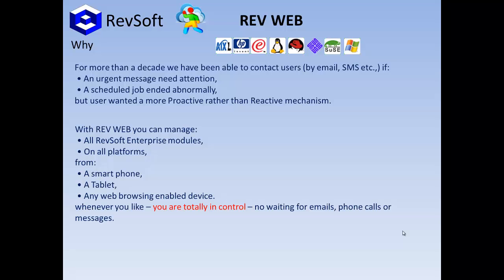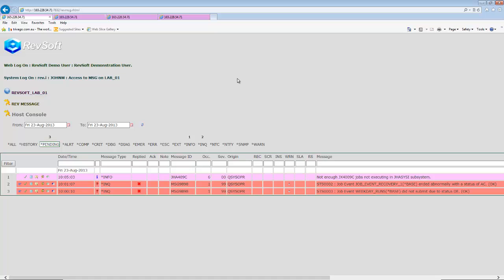We've tested this locally from airports, shopping malls, over 10,000 miles away using iPhone, iPad, Galaxy, desktops, Sony tablets, basically anything. So this is how it works. We log in to REV WEB. I've got multiple threads running. It's a multi-threaded application. So what I'm doing here is I'm looking at an iSeries message console, and what I